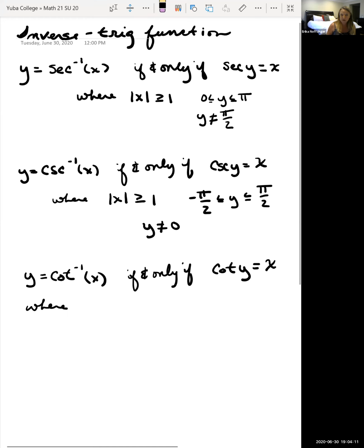Well, the range of cotangent, that was negative infinity to infinity. So that's our domain of cotangent inverse, where x is between negative infinity and infinity. And our range,